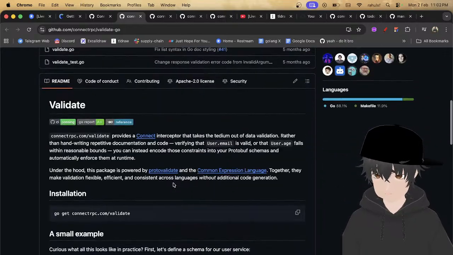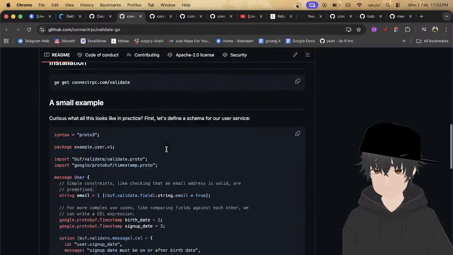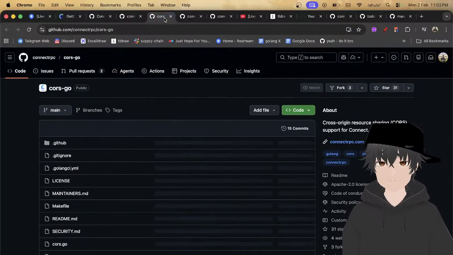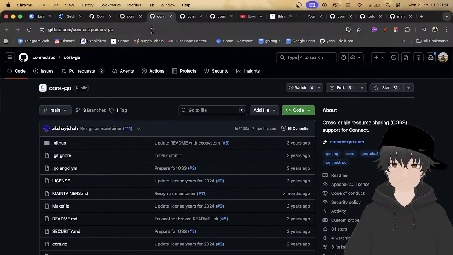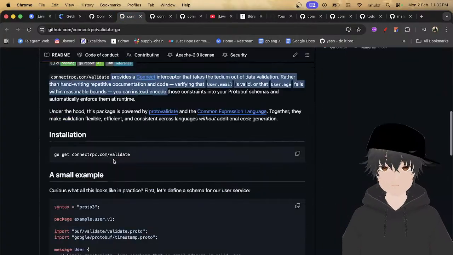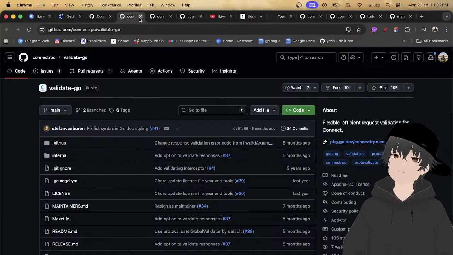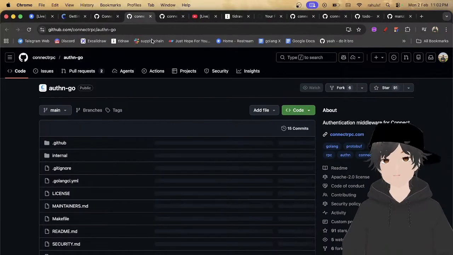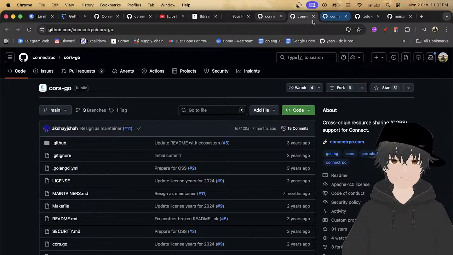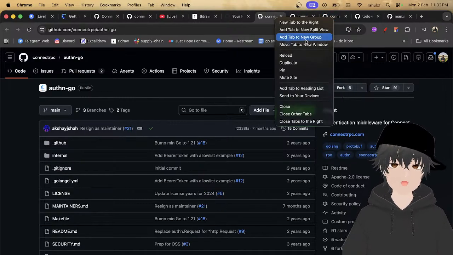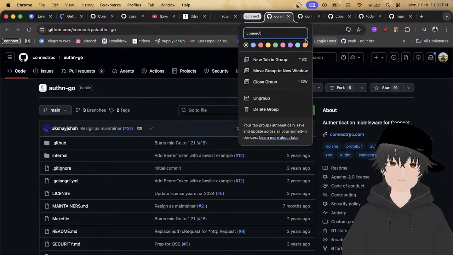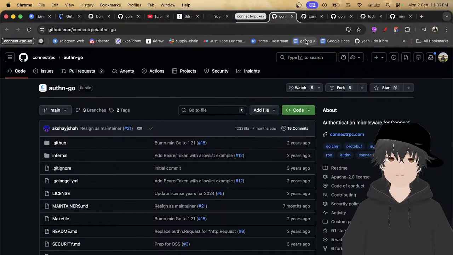Validate. Okay. Validate looks good. This one has the least commits. I mean, the validate one is also good. We'll do more hacking around it tomorrow, and this one is also good. What can we do? Can we select this? We'll create, add tabs to new group. PC example.